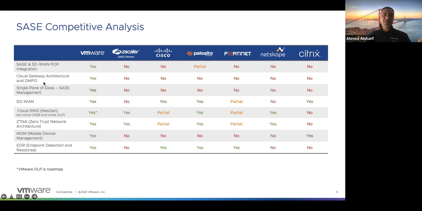All of these things that are related to the SD-WAN are part of the VMware solution. So that's very unique to us. The first SD-WAN and single pane of glass, DMPO, which is the underlay optimization, and the SD-WAN in the POPs. Those are the unique things that nobody has in the industry. Even Cisco, who has SD-WAN, doesn't have SD-WAN in their Umbrella point of presence. That's a unique differentiation. Why is SD-WAN important? Again, application performance.